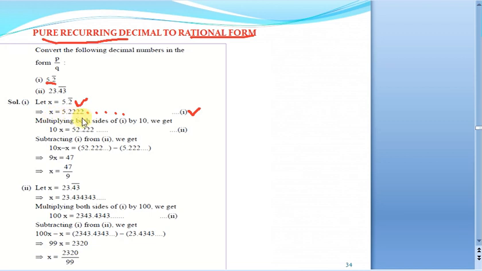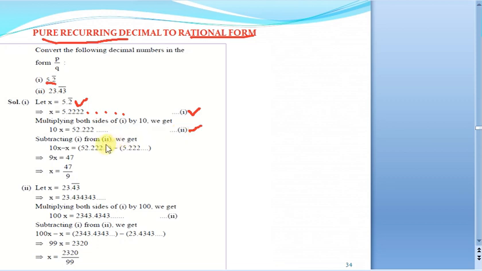And this entire decimal form, when I multiply with 10, and we know how the decimal place will move when we multiply with 10, it will move towards the right side one place. Why? Because in 10 there is only one 0. So it will become 52.222 and so on. So 10x will be equal to 52.222 and so on. Let us consider this as our equation 2. So equation 1 is there and equation 2 is there.